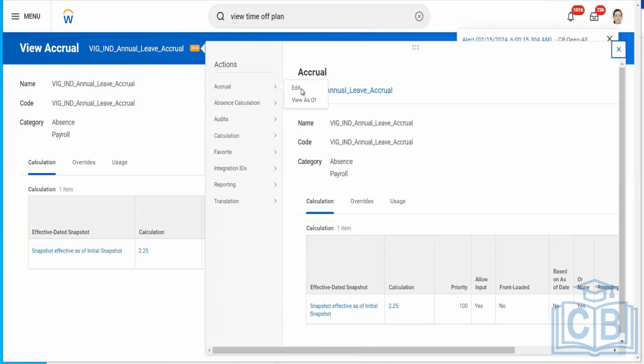So we have something called lookup calculation in absence. So what does it do basically? You set up a table kind of thing, right? And you make Workday understand what you are going to check, based upon the year of service, based upon